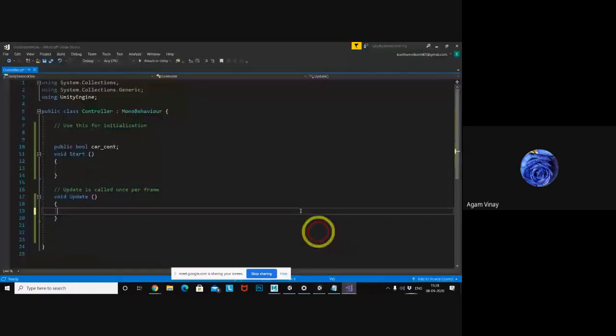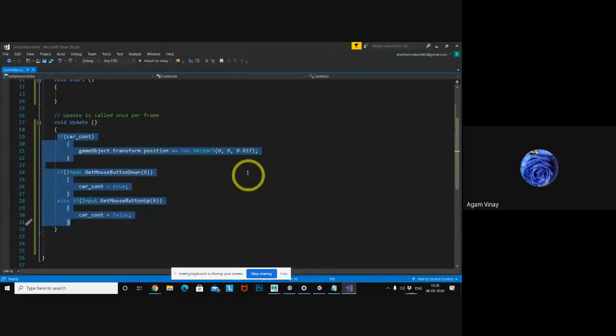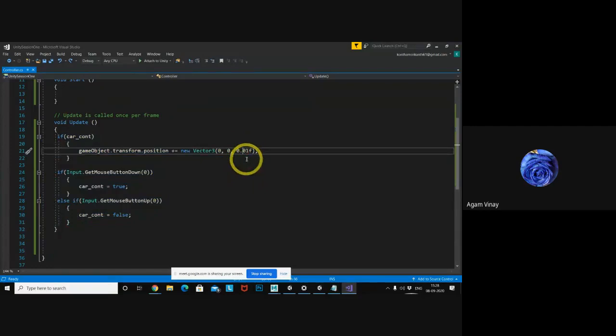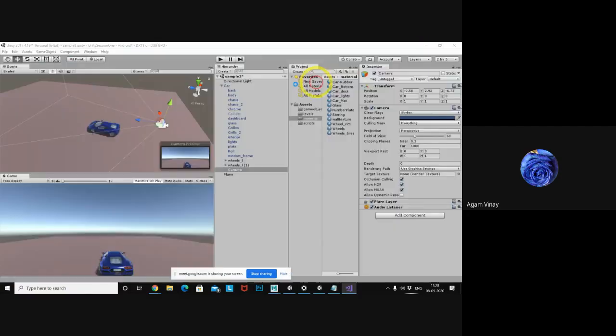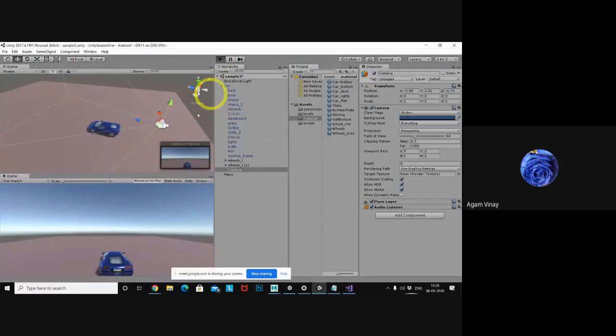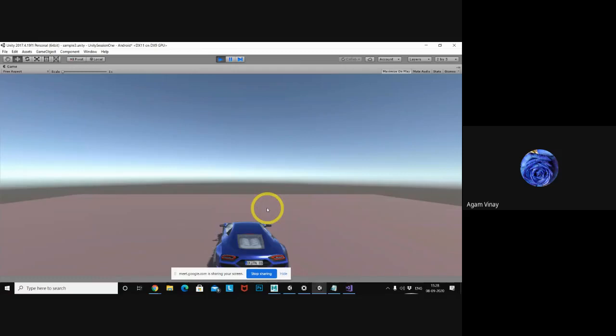If you want to increase the value here, save. It is moving.